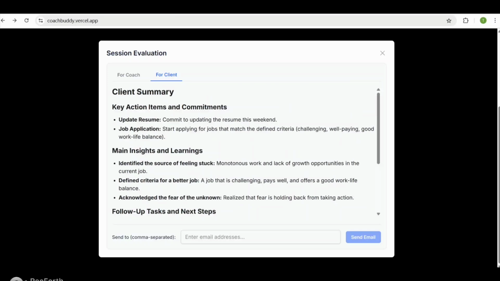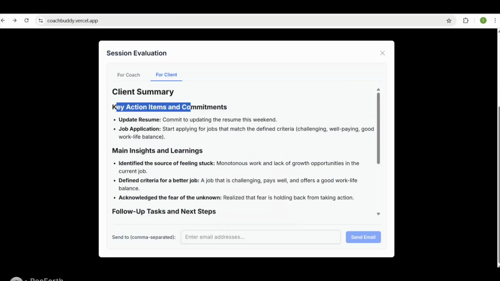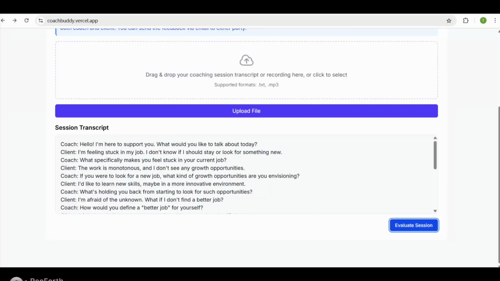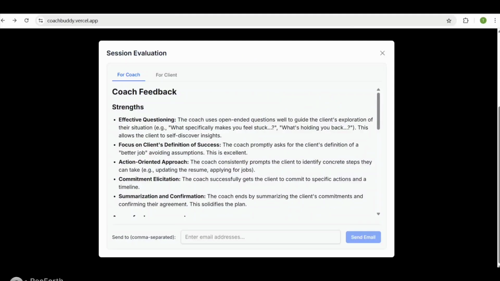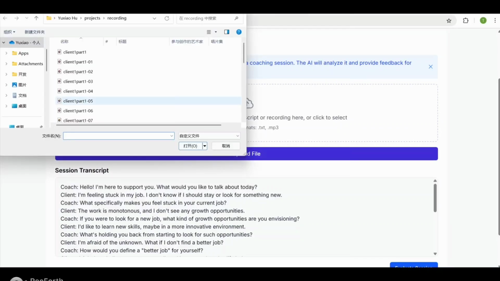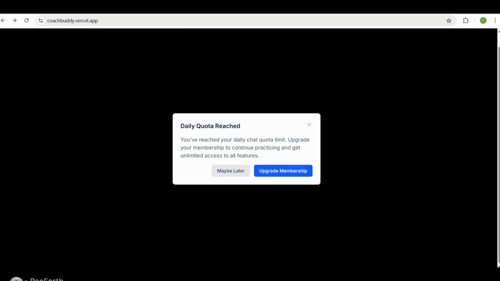Again, it generates reports for both the coach and the follow-up actions for the client. If you type in the client's email, the client will receive a copy of the key learnings and action items and so on. So you can use this multiple times. And if you are a premium member, you can also upload